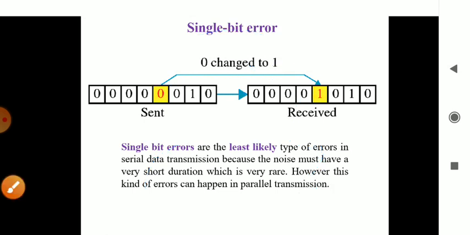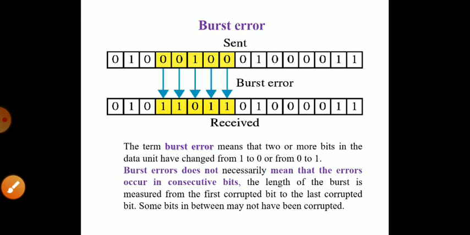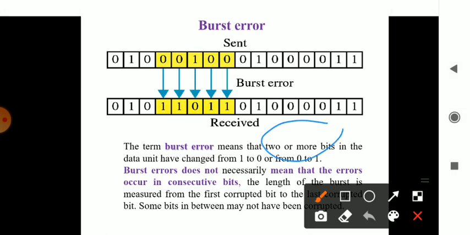Whereas a multiple bit or burst error is when you transfer multiple bits at a time. You are sending more bits at a time, bursting the bits. Many bits are changed from 1 to 0. You can check the example here. You can see zeros converted to ones, and ones to zeros, and zeros to ones. So this is a burst error, where multiple bits have their levels changed, from ones to zeros and zeros to ones.